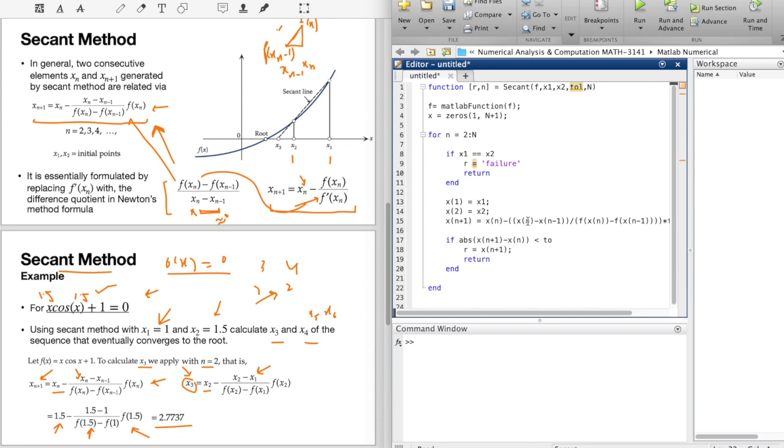So this is basically what we did here in the lines of code from 17 to 20. We are saying that if x2 minus x1, or whatever you can say, the next x value, x n plus 1, minus the previous value is less than the tolerance value,